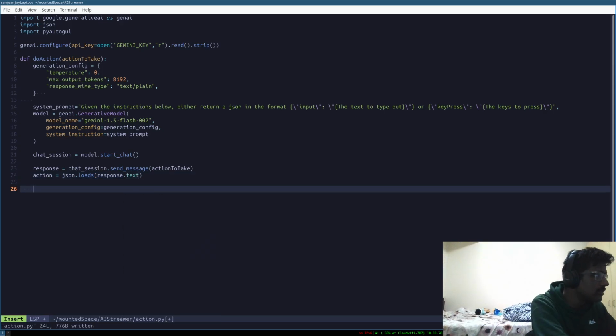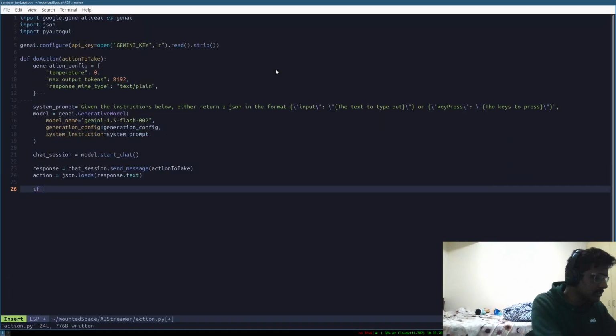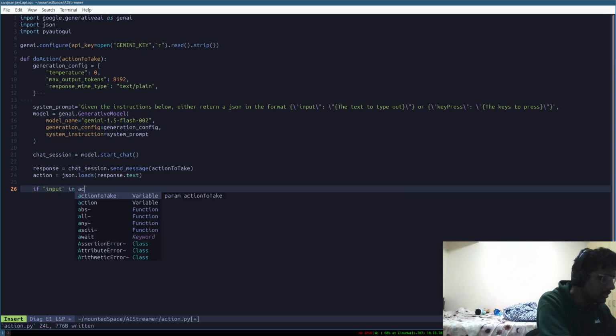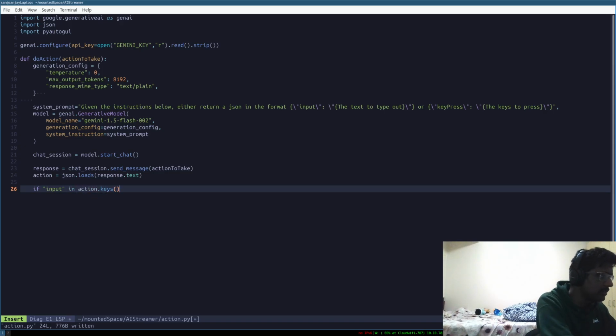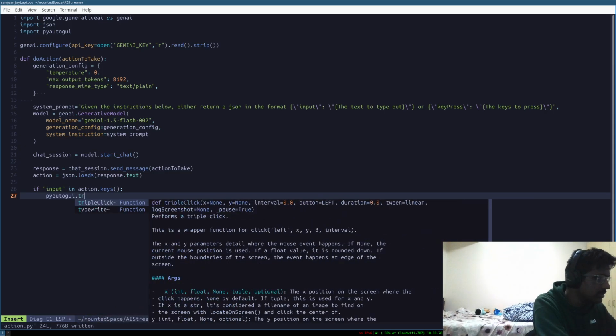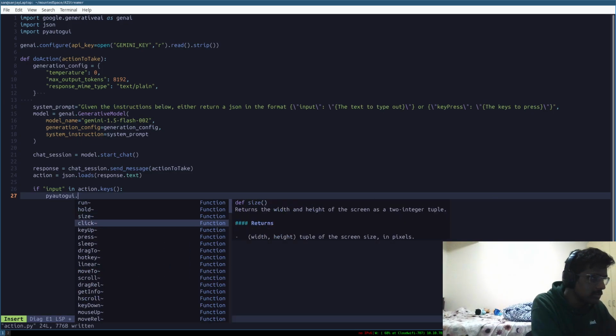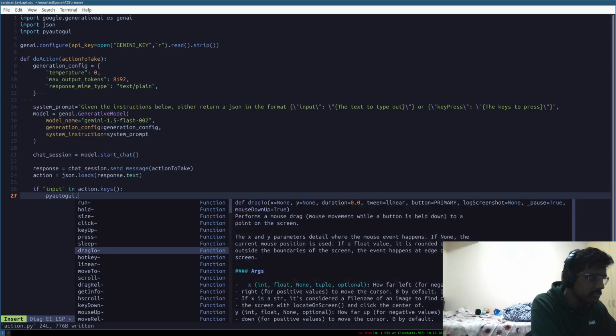Then, what did I say? Input or key press. Input in action dot keys. I'm just going to implement this one right now. Then PyAutoGUI dot type